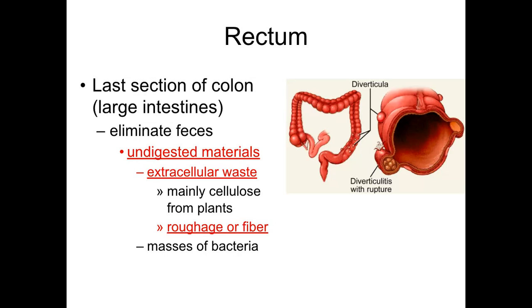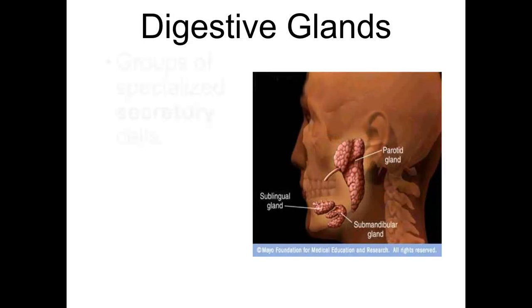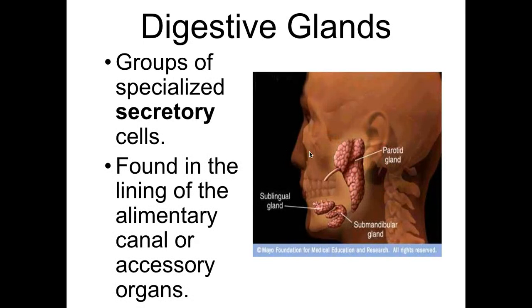Last section is your colon. Last section of the colon is the rectum, undigested materials, and this is where it's going to leave our body and pass on outside of our body. So accessory organs: pancreas, gallbladder, and liver. We also have our digestive glands up in our